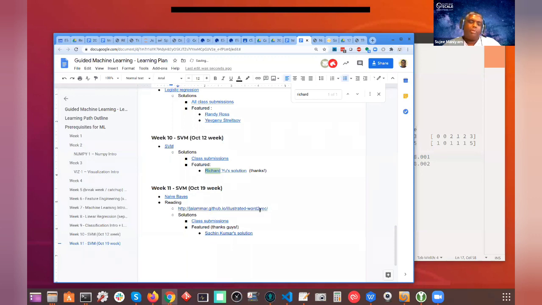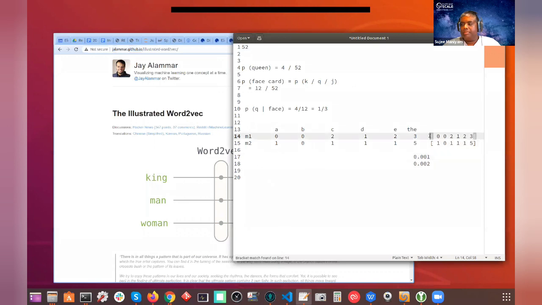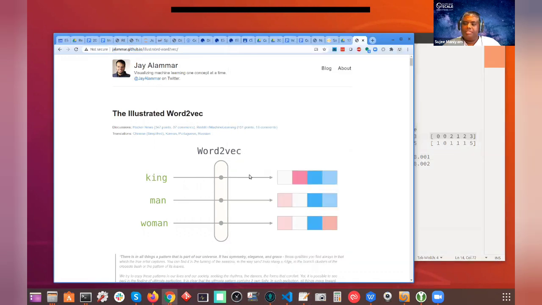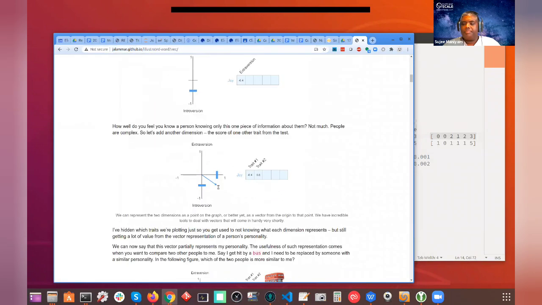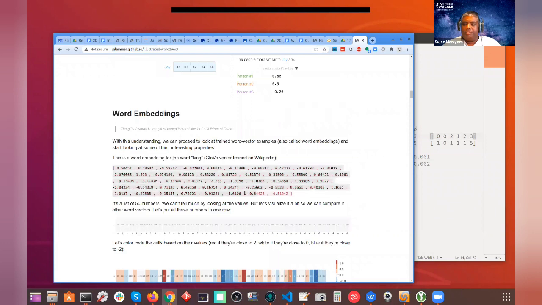So again, this algorithm word-to-vec is one algorithm that converts words into vectors. We're not going to go into the details, but I'm going to show you the basic idea. Words go in, the algorithm spits out vectors. This is my vector, just a bunch of numbers. Same thing here, you can see different numbers. The word king is translated into this vector, the whole thing an array of floating point numbers.